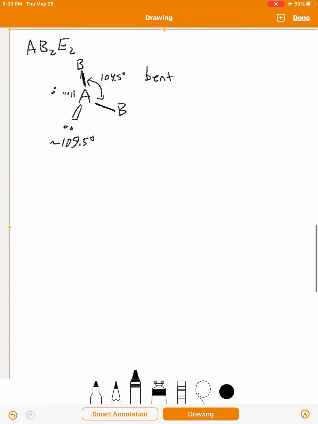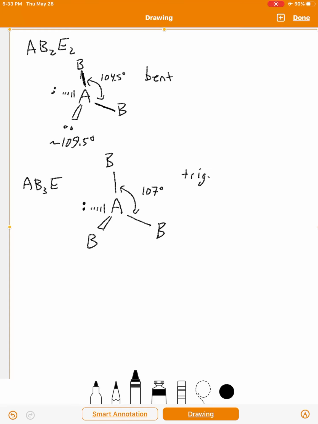If you have AB3E, so 1 lone pair but 3 surrounding atoms, all I'm going to do here is replace one of the lone pairs with a surrounding atom, AB3. So this is just like a tetrahedral as well, so it's a little under 109.5 degrees. But with 3 surrounding atoms and only 1 lone pair, it's a little higher. It's about 107 degrees. And this one is called